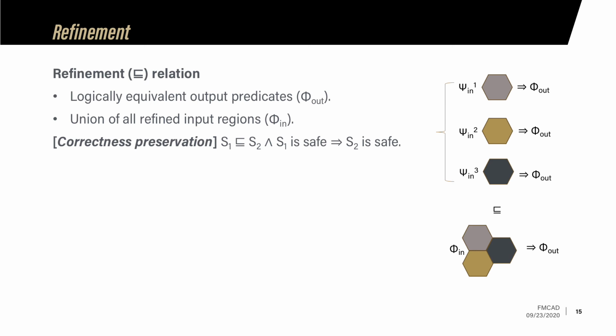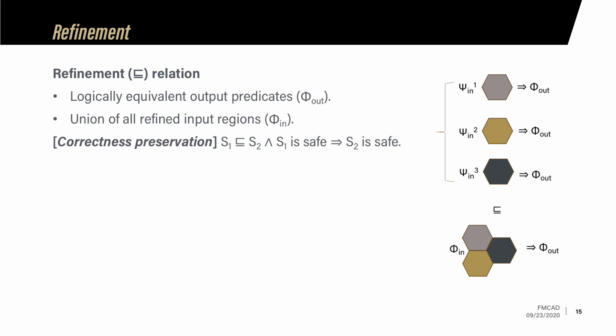All these three smaller region safety properties, as long as they are proven to be safe, then their composition is also automatically proven to be safe. Because on the right-hand side, the safety constraint, all of them are the same phi out. In this way, it not only introduces fewer spurious data points, but also aligns with the data-driven training procedure more, as right now there can be more training data compared to a few counterexamples, as we have discussed before.